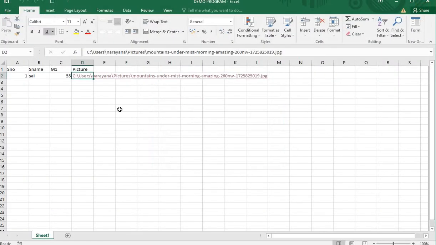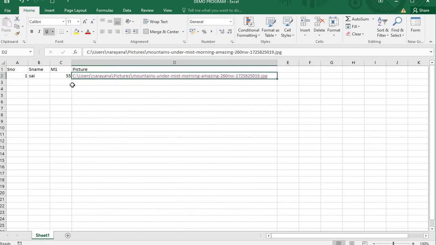Again I am showing you. See here. If you move your mouse pointer onto that link, it will change its icon to a hand symbol. Here in the B column there is a plus symbol, but if I move this mouse pointer to this link, it will change its icon to a hand symbol.